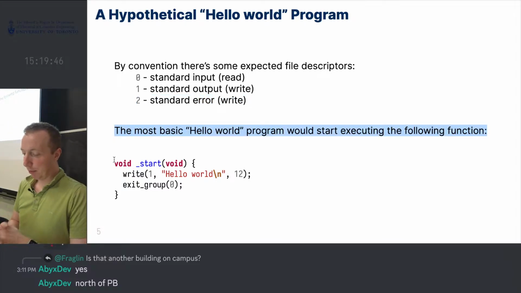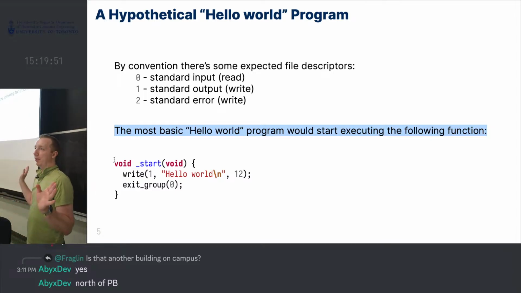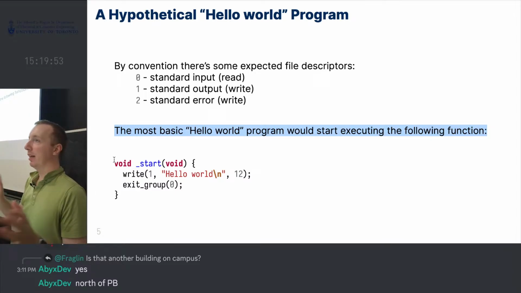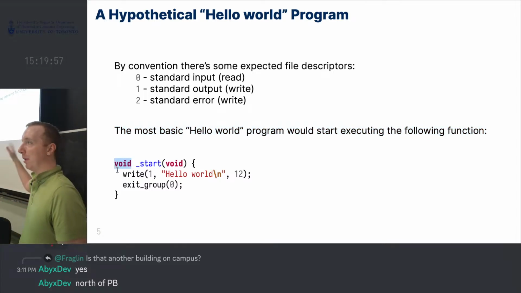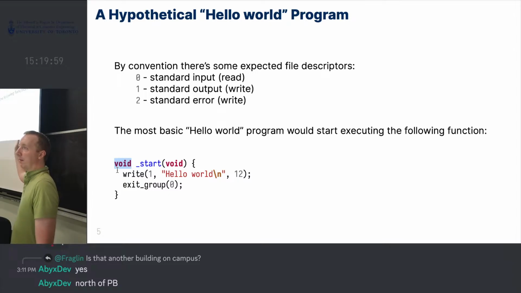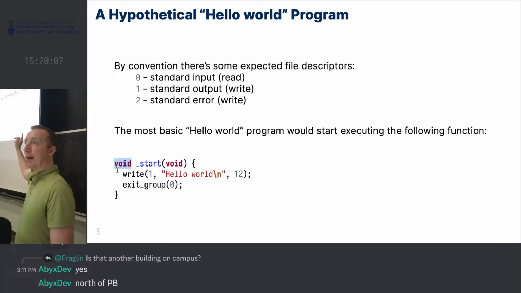So the most basic hello world program, if we assume C didn't exist and main didn't exist, and we could just magically define a function. Here the name doesn't even matter, but we could just define a function that doesn't return anything and doesn't take any arguments. And if we could magically have our computer start executing this function, this is all it would need for hello